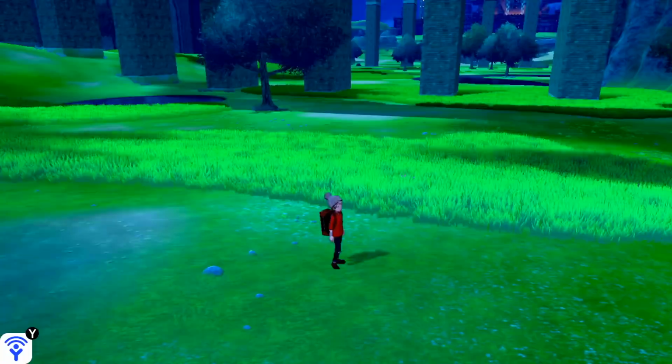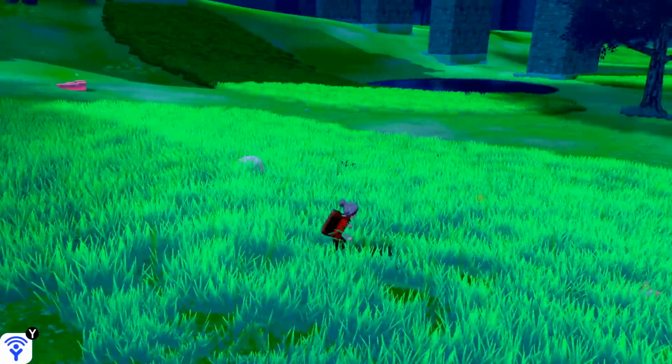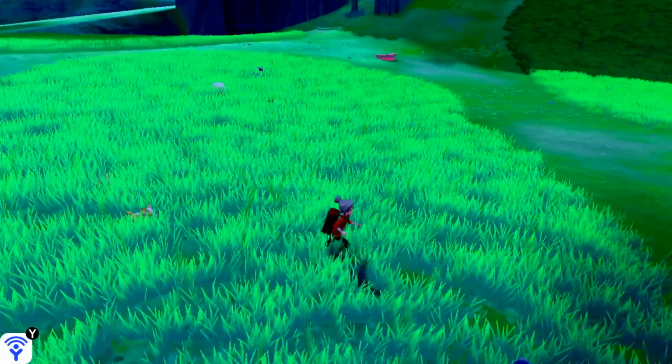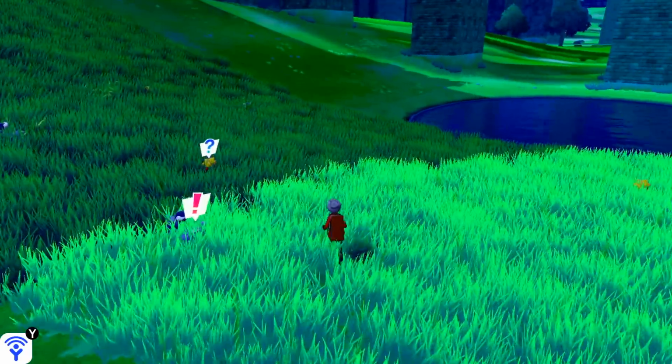You can now start searching for Munchlax. Munchlax is an overworld encounter and it only appears 5% of the time, so you may be running around for a little bit waiting for it to actually spawn. But it's a 1 in 20 chance it will spawn eventually, so we are just going to keep running around until